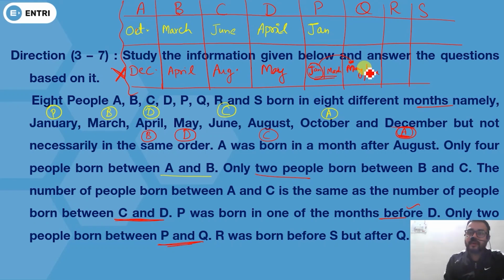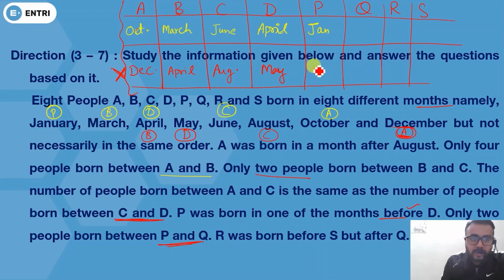Q would be born in May. Okay, but in May, who is there? D is there. So clearly you can see this cannot happen here. So I can say